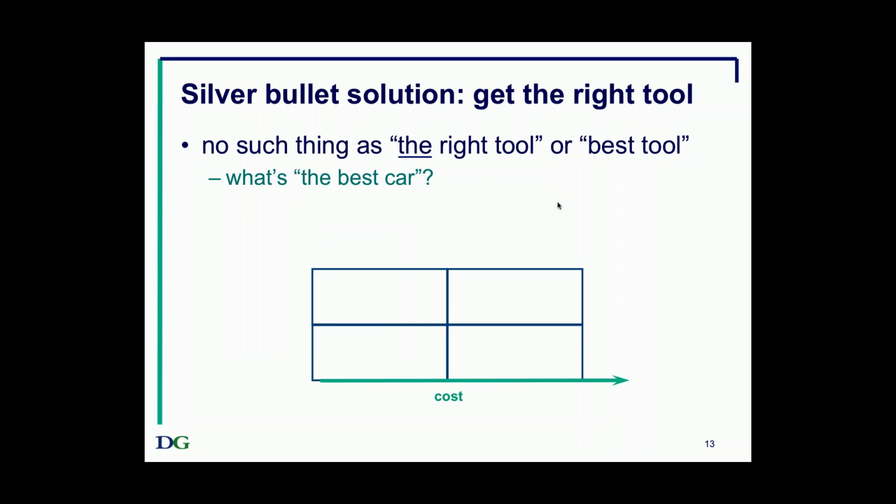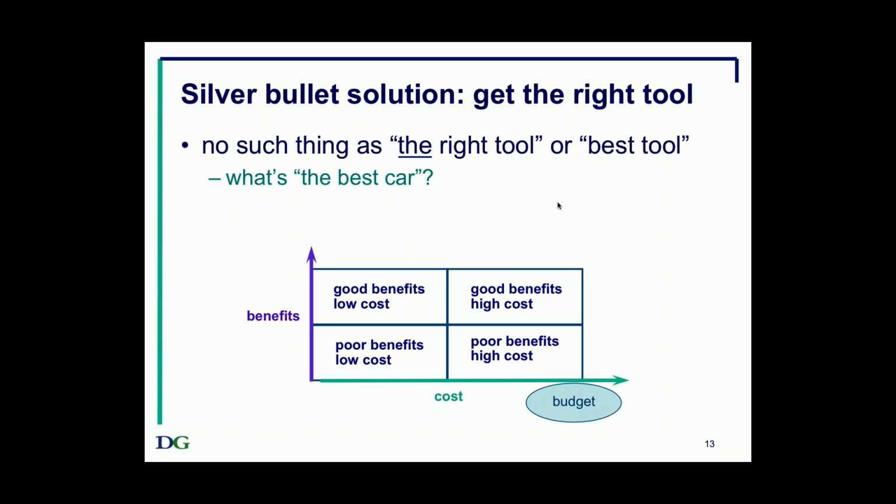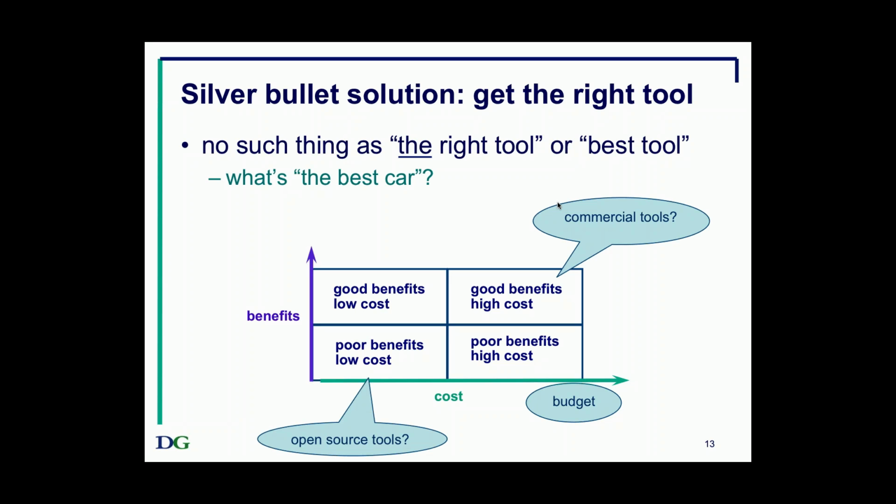We have a cost, and that's a certain amount of budget, and we'll have benefits that we hope to achieve with our automation. But which quadrant would you like to be in? Now, there's a sort of a perception out there, which is actually not true, but there's a perception that if you spend a lot of money, then you're bound to get good results. And if you buy a commercial tool, you will be in this quadrant. Yes, it's going to cost you a lot, but you're going to have great benefits. And there's also a perception, I think particularly among larger companies, that if you go for open source tools, you're down in that quadrant. No, you haven't paid a lot, but there again, you get what you pay for.